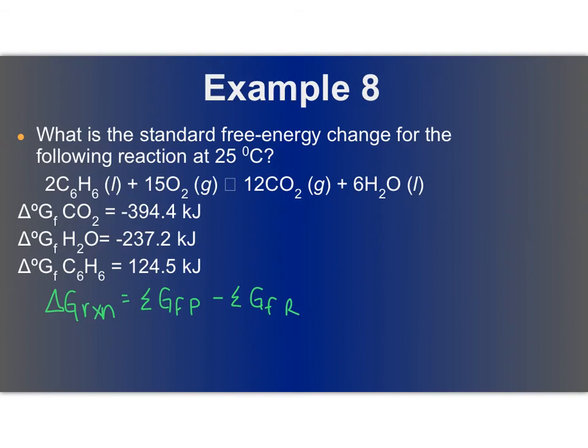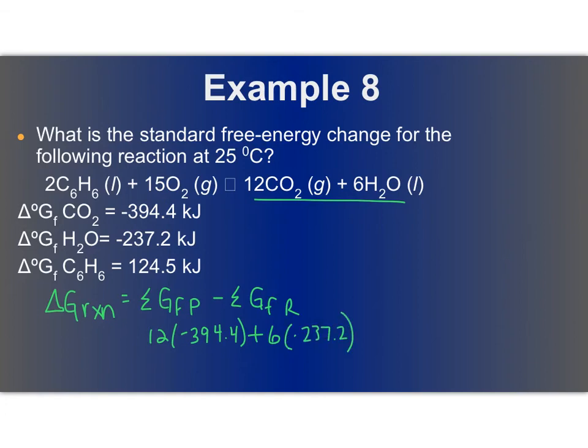Example 8 asks us to calculate the standard free energy change for the following reaction. It is a combustion reaction. We will do this very similarly to our entropy calculations in the earlier part of this presentation. So we'll start off with our products. We have 12 moles of CO2. The free energy of formation is negative 394.4 kilojoules. We're going to add that to 6 times negative